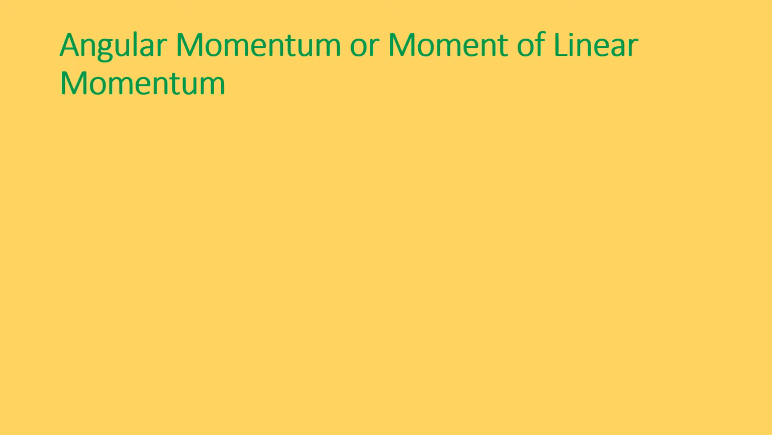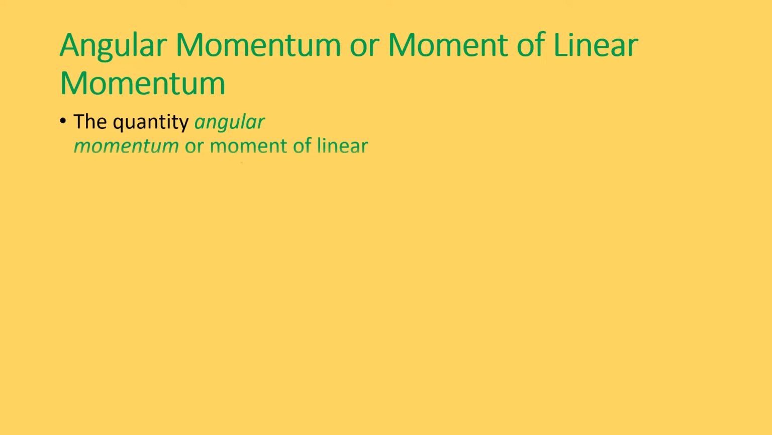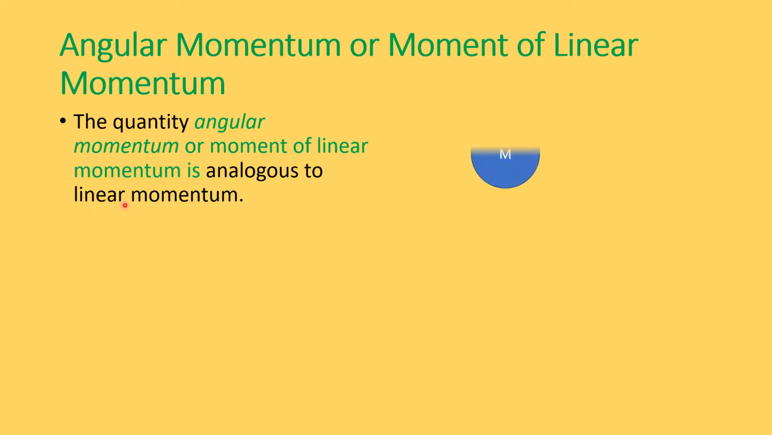Angular momentum or moment of linear momentum. The quantity angular momentum or moment of linear momentum is analogous to linear momentum. What is linear momentum? Consider a point object of mass m and we have applied a force on it. So due to this force, this rest particle will perform a linear motion with a velocity v and it will